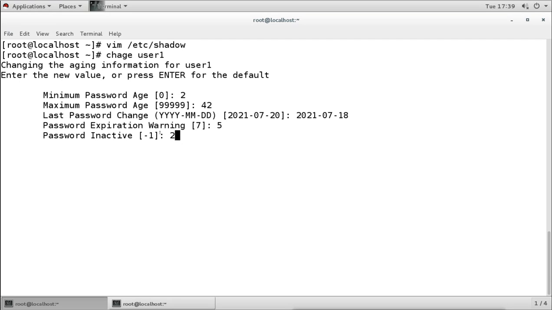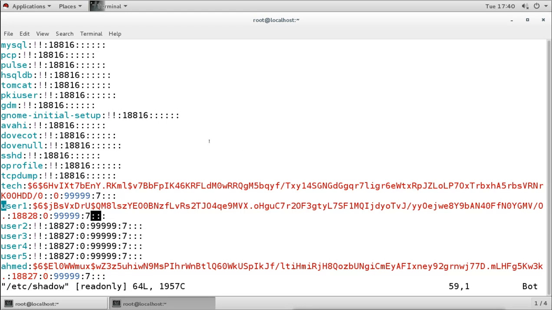In between these 2 days, whenever the user logs in with their own password, it will ask them to change the password. The real password will not work after 42 days plus 2 days. Then the user has to talk to the administrator, root, and root will reset the password for that user. Now when I update this value, that value will come here.